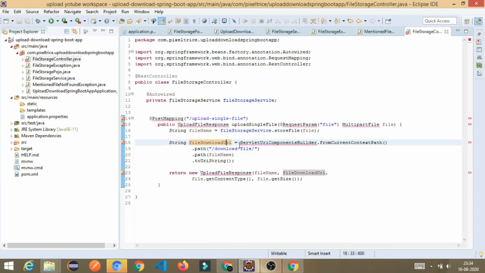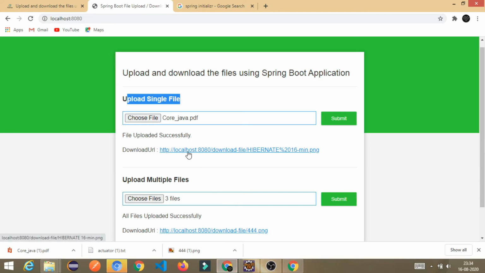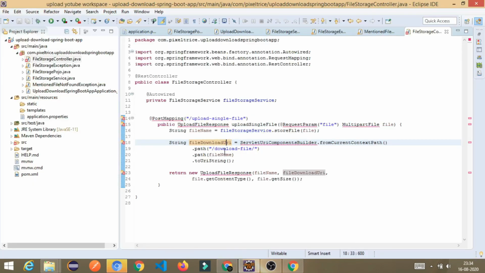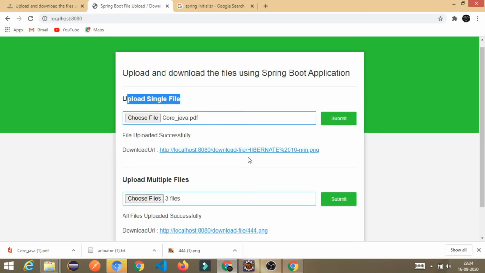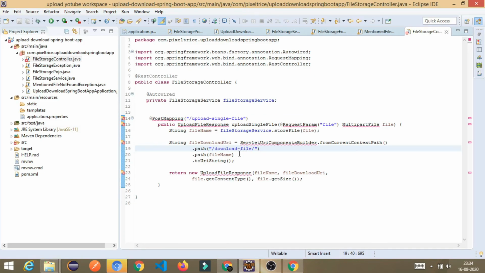This string is the download URL. It will format it, and see here download hyphen file. I constructed the path with the file name, and it will return the string.